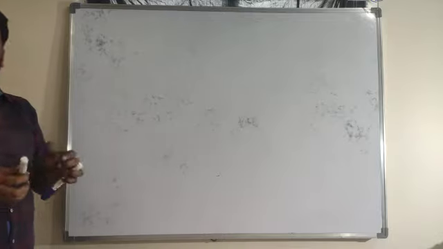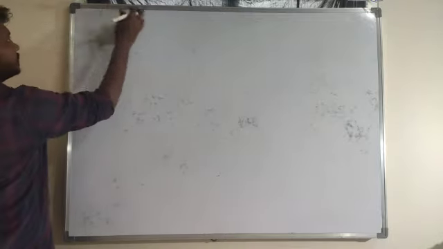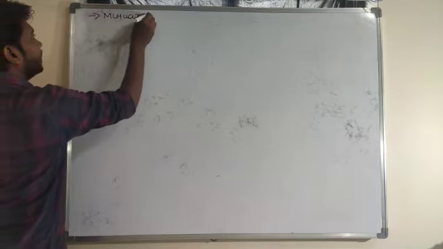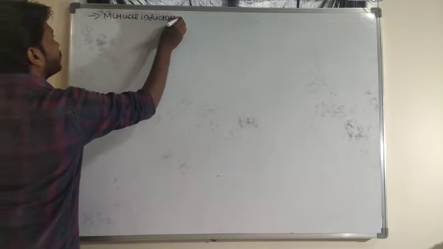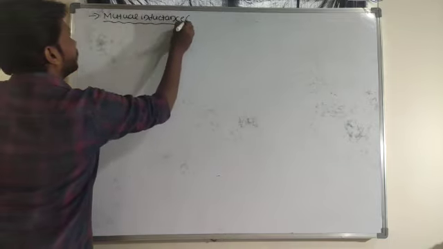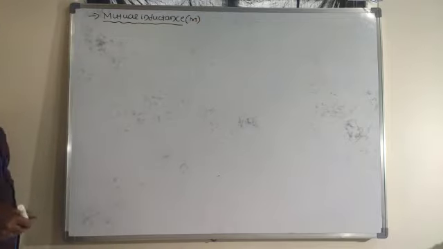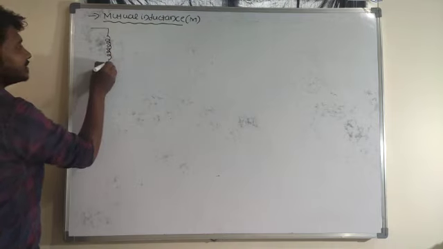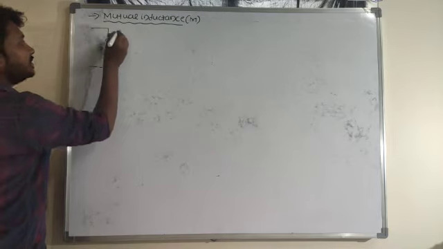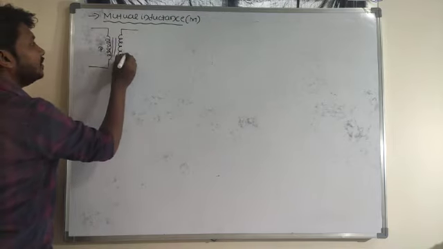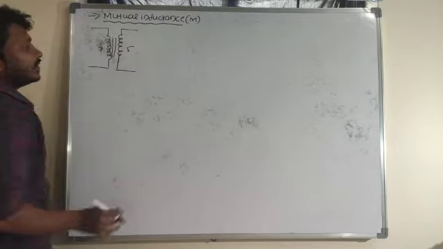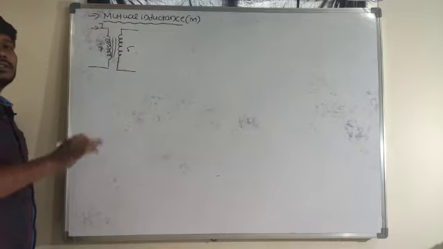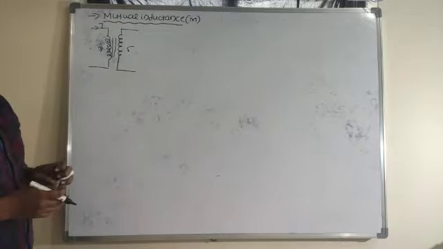But in case of mutual inductance, I will take two coils here. Next we'll consider mutual inductance, which is represented by the symbol M. Let me take one as a primary coil and another as a secondary coil. In mutual inductance, if a changing current passes through one coil, then EMF will get induced in the other coil. Such induced EMF I will name as mutual inductance.